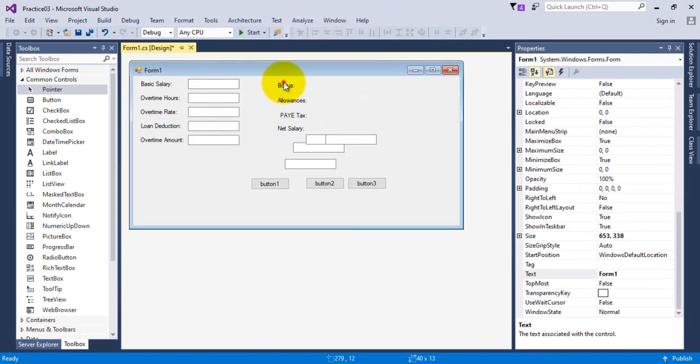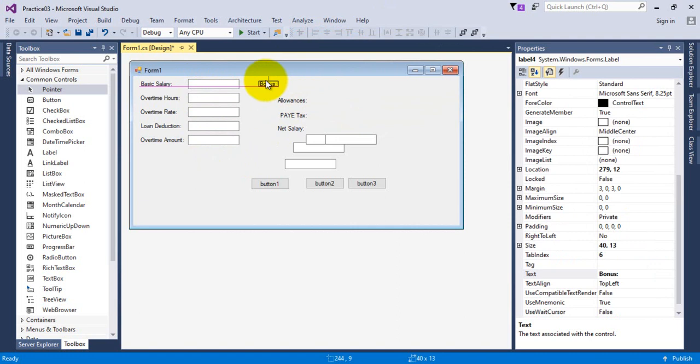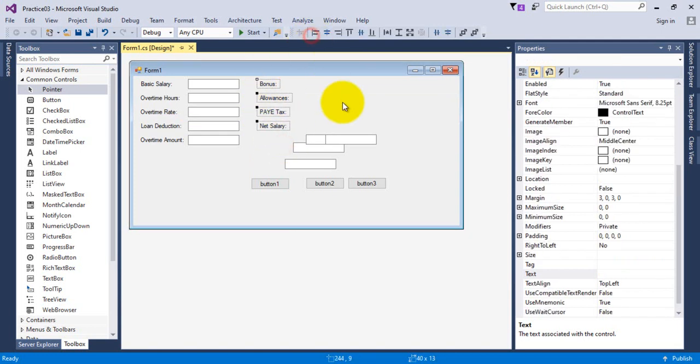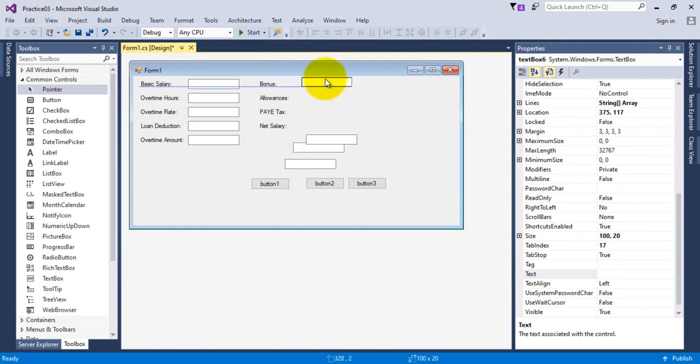Fine. Let me arrange it. Let's keep it on the same line. Align this left. Then I will come to these text boxes. Okay,